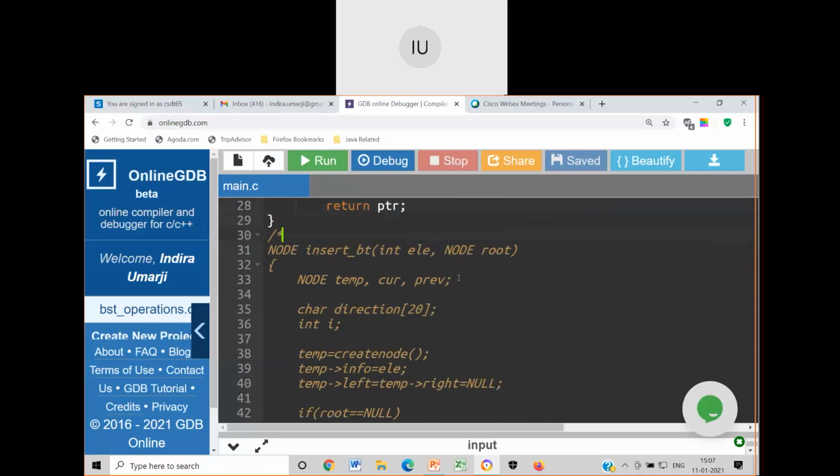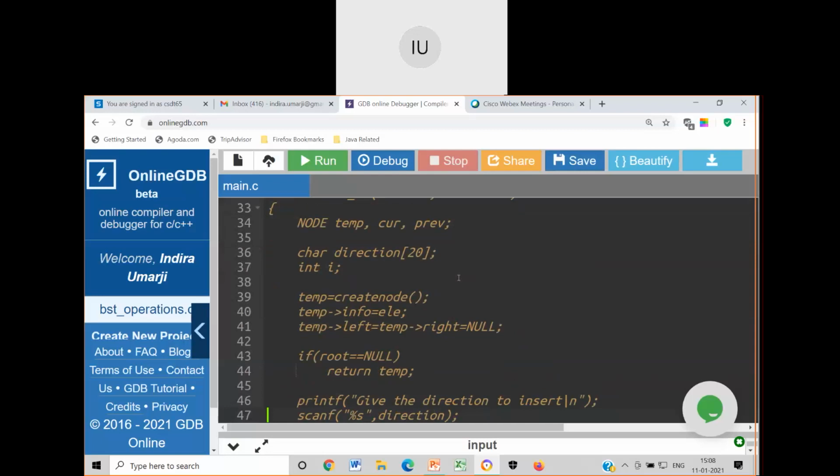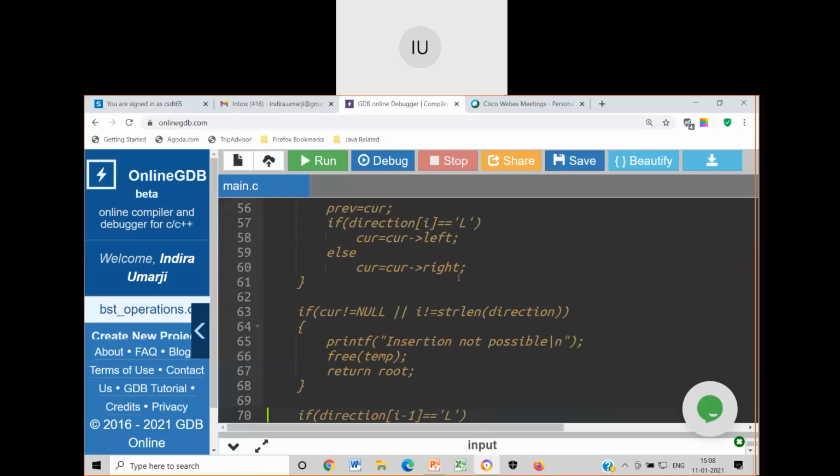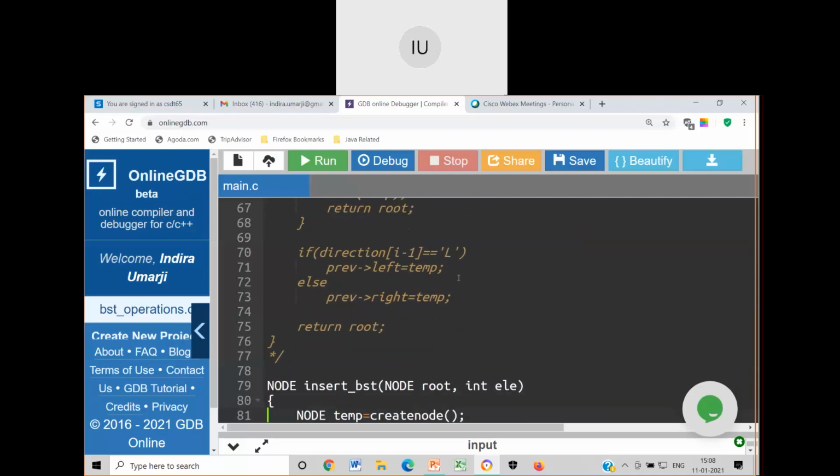Just have a look at this. This is the binary tree insert function. I have simply commented that because I don't want this. Rest all I want as it is: in-order traversal, pre-order traversal, post-order traversal, and printing of the tree, sideward printing of the tree. All those things I want as it is.